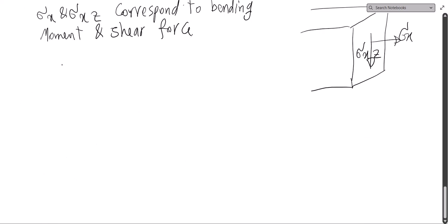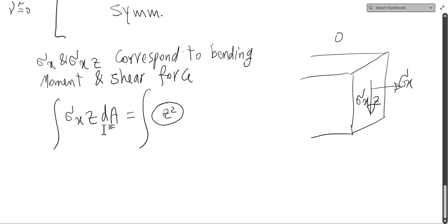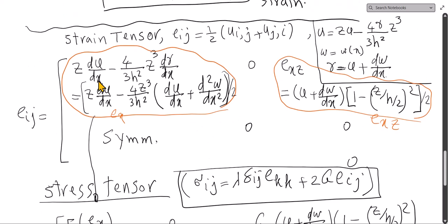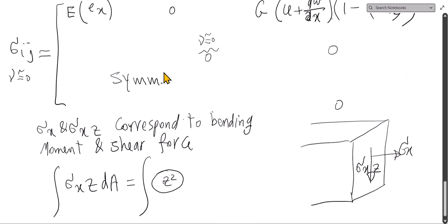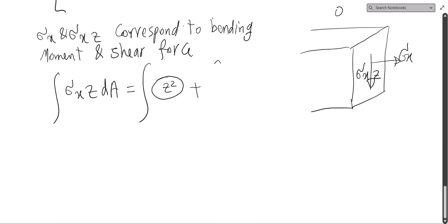So in other words, if I come here and say sigma x z dA, I will get one term proportional to z to power 2 because I have to multiply z to get the moment of the force times this z, I get to power 2 and times this z I get to power 4, plus another integral over